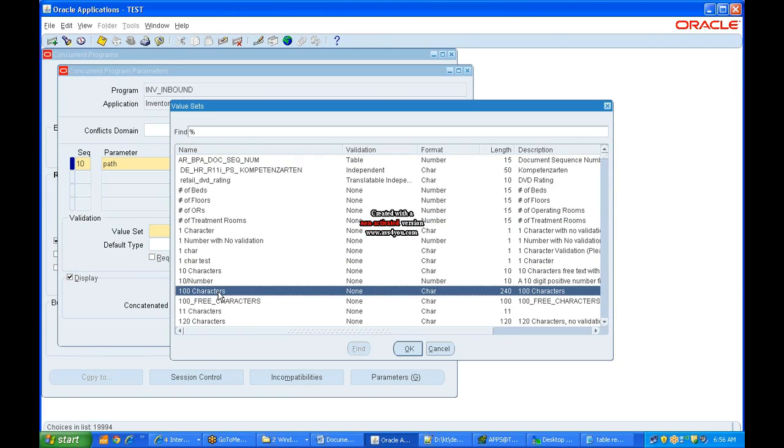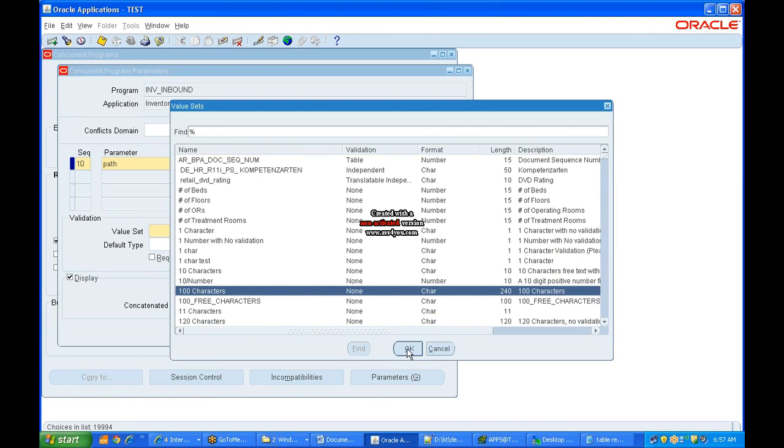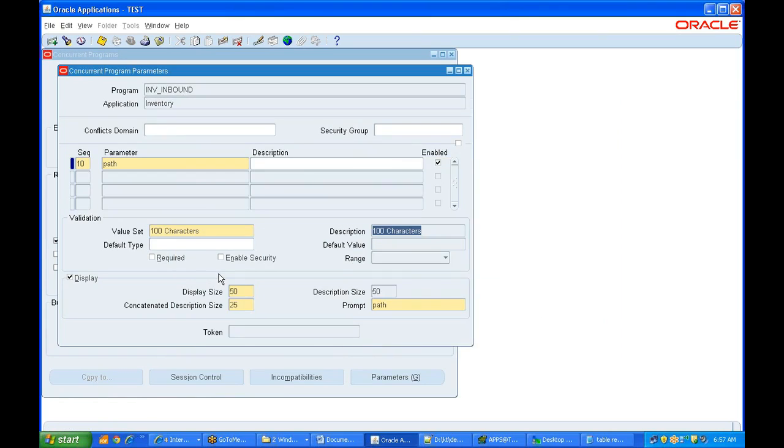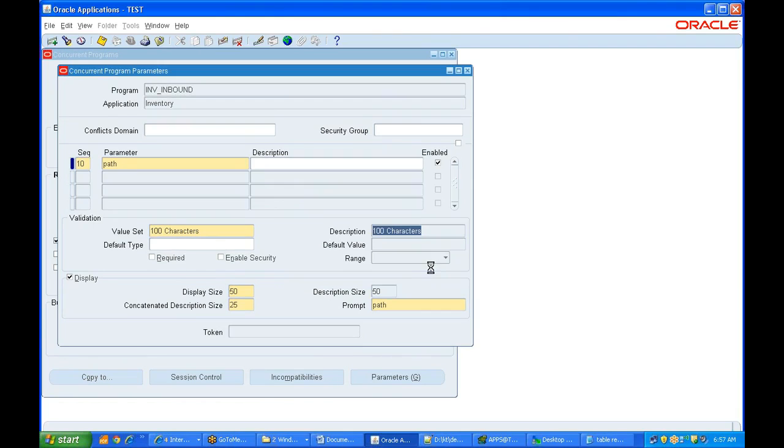Characters, 100 characters we have here, right? 100 characters, which is 240 characters, which accepts. So we can just take this. In fact, we don't need that, but I'm just taking it because we have only 10 characters and then 11 characters and 100 characters. The path may not be sufficient for us for 10 characters. Maximum size, you have exceeded maximum size, it's saying. It's okay, fine. So we registered a